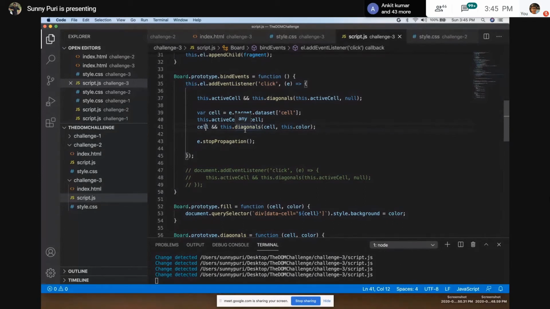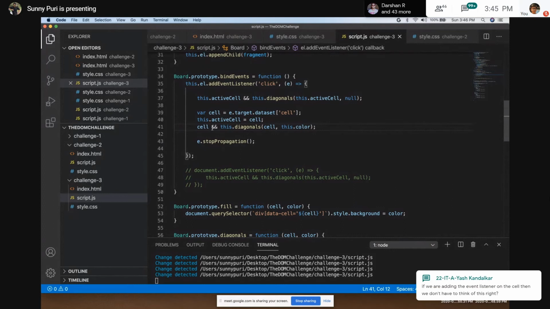I'll ask you, if this is the case, what will happen? You'll say we can add an if condition, first validating whether the cell exists or not. I'm telling you so that you can take care of all these use cases and corner cases for future hackathons and competitions. Not even for the DOM challenge, but if you're going for an interview, you can look into that.